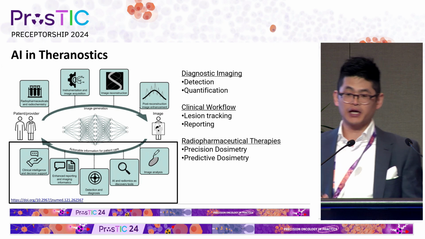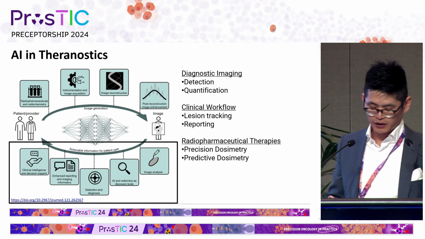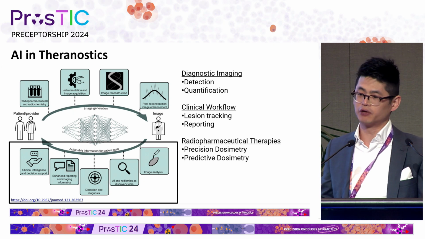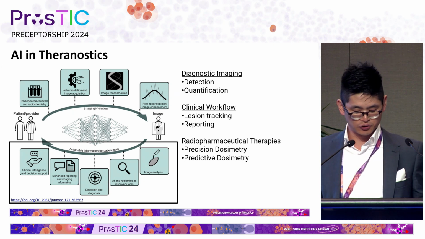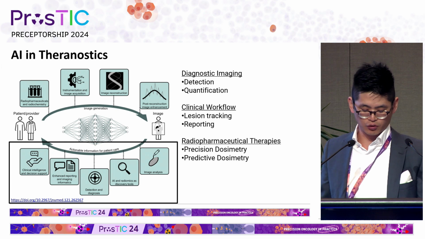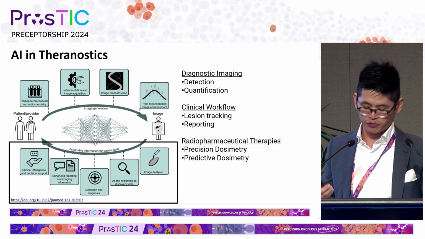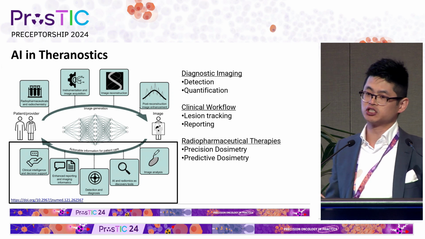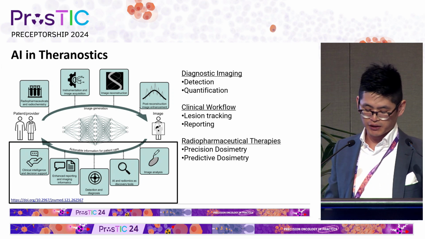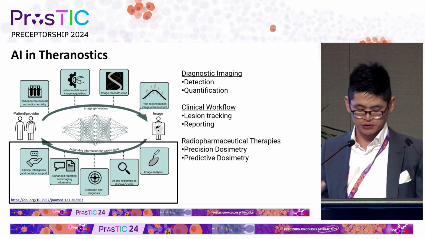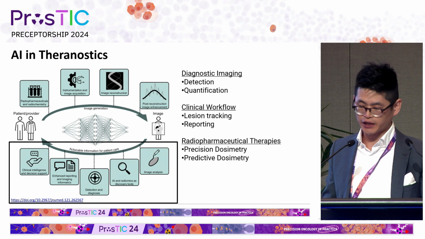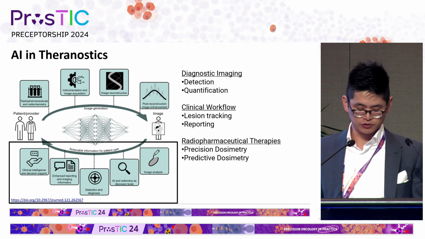PET is still inherently a semi-quantitative study type, and standardization of image generation is crucial, but beyond the scope for this talk. And so to really make it quantitative, we really do have to do that standardization. But today I want to focus on those image-to-patient applications. And I'll be breaking down into just basic steps and things like detection, quantification, lesion tracking, and reporting, and briefly touch on dosimetry.